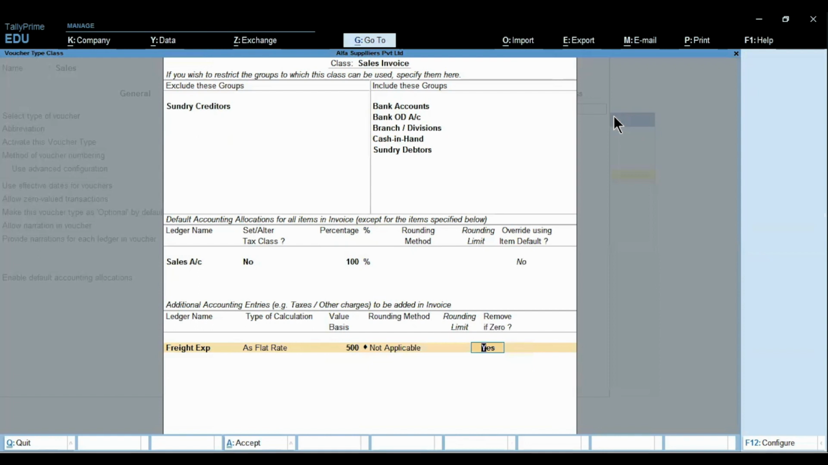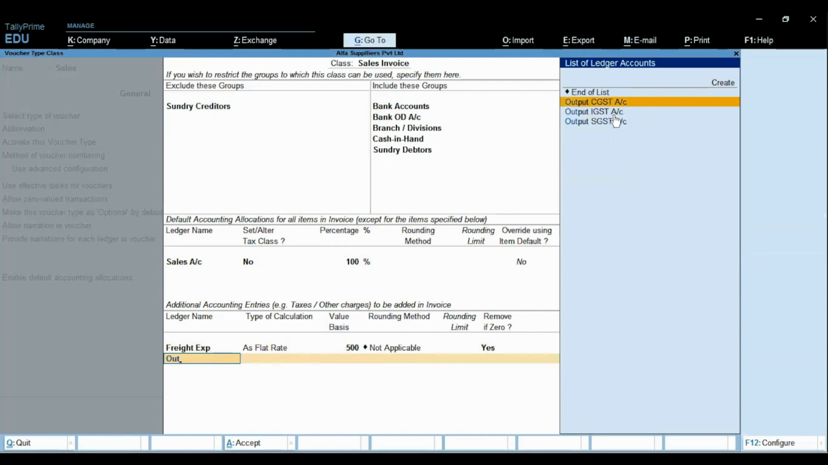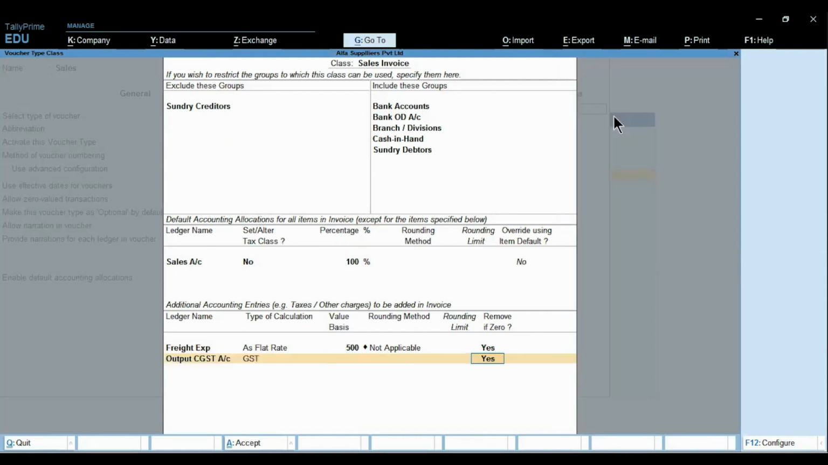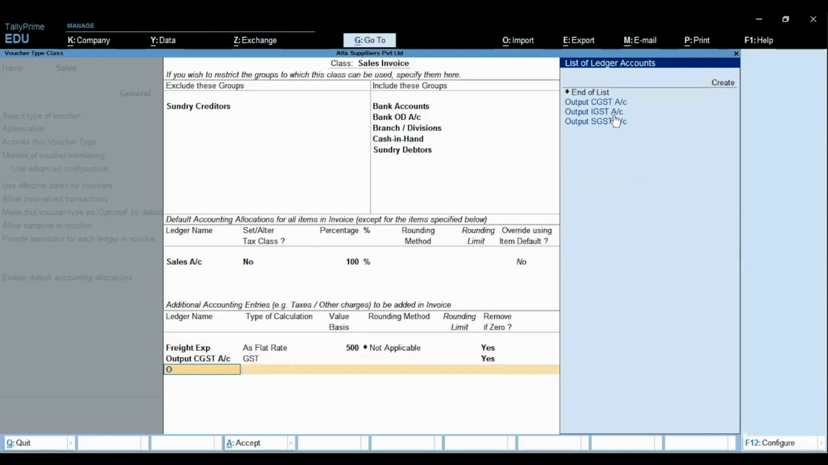There is no need for rounding off. Then we have, as it is a sales invoice, we will use all the GST ledgers, that is Output CGST. If you want to remove it, if it is 0, it will get removed. Output SGST